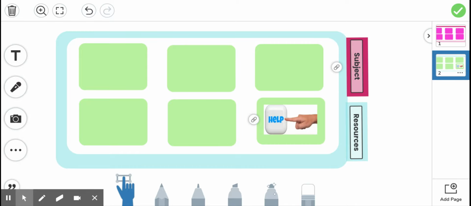One thing I thought of adding, and I haven't quite figured it out, is for parents to put in a phone number, but I just think that's a little much at the moment. So that's how you add your little help desk ticket. And I'm just going to real quickly show you how if you had some other link to put on there. So let's say you wanted to go to